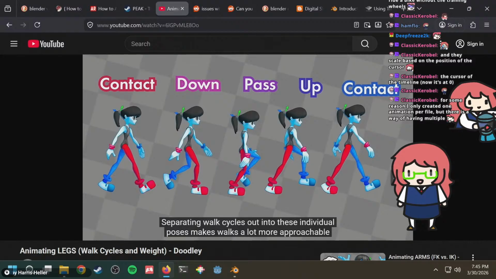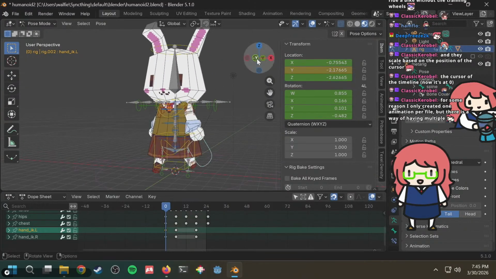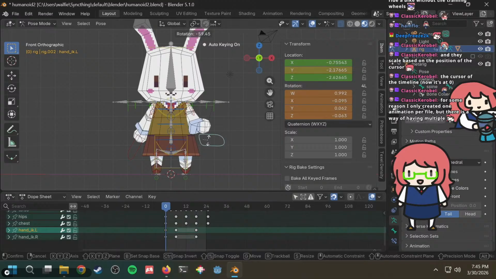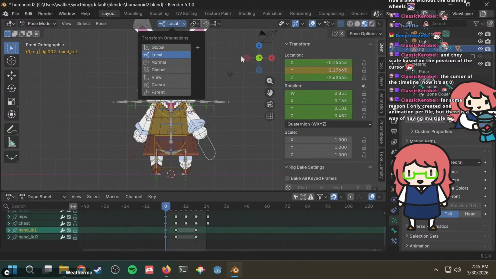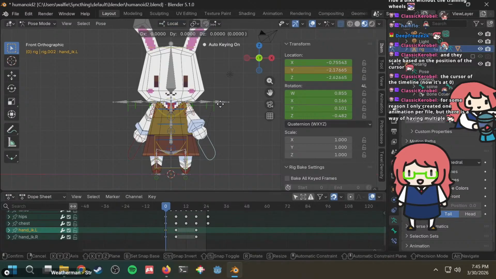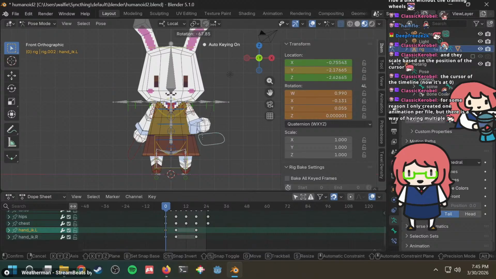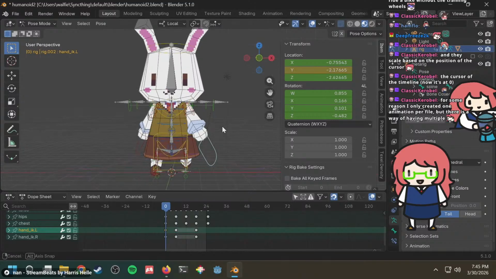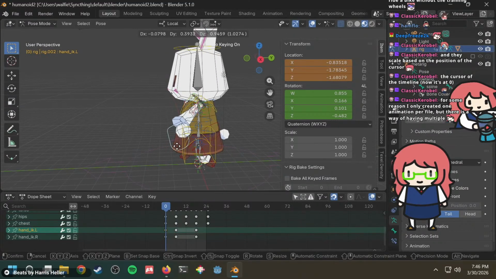And then rotated somehow. Rotated locally. How do you do this? This one's kind of complicated.